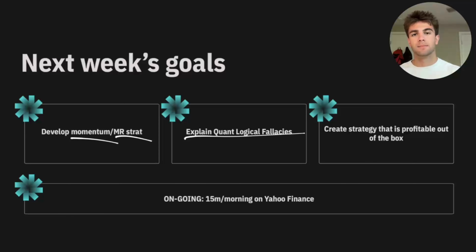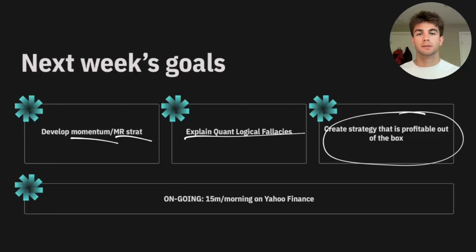And then lastly, that biggest key piece to prevent overfitting, I want to utilize that and I want to create a strategy that is going to be profitable out of the box, and then maybe I do optimize it, maybe I don't, but it needs to be profitable somewhat significantly upon creation. And so I think I need to put more effort into the creation part of the strategy, way less into the optimizing. Then, as always, keep reading about financial news and what's going on in the markets.